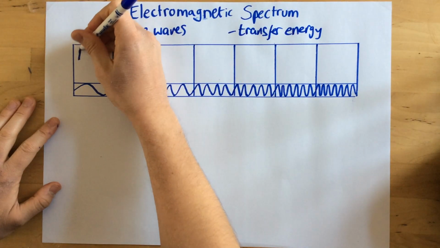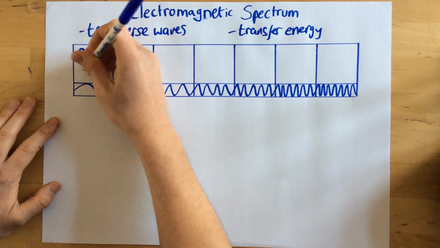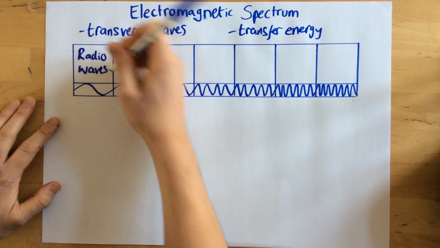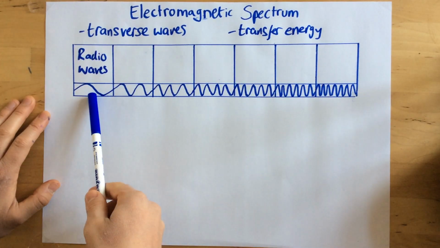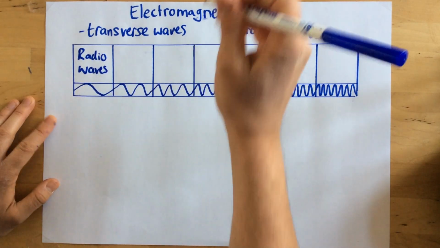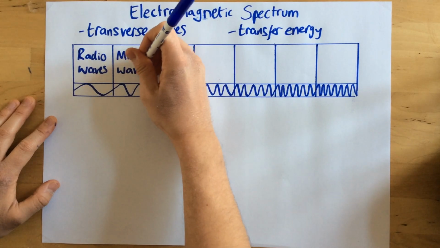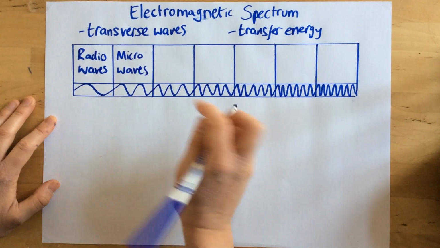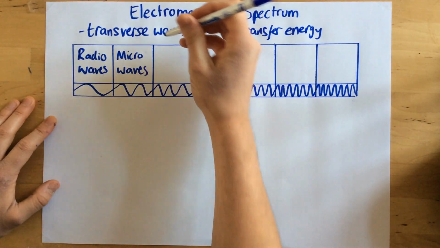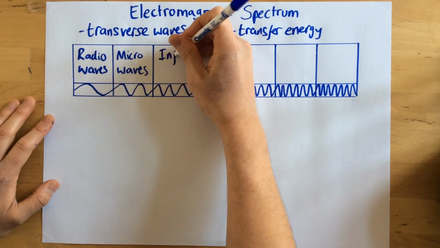So the first type here are radio waves. Now, once we've gone through the 7 parts, we're going to have a look at the actual differences between them. The second batch are microwaves. They have a slightly shorter wavelength than radio waves. Next up, we have infrared,